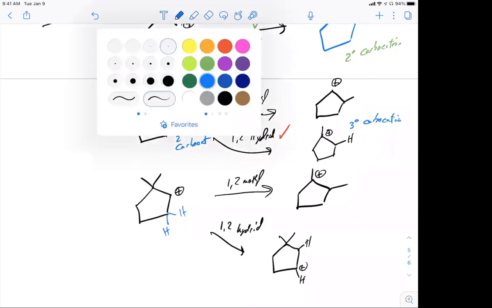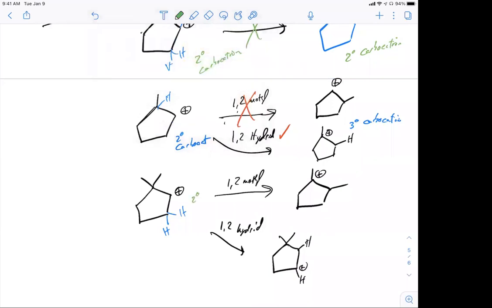Here we're going from a secondary to a tertiary. And here, right, we're going from a secondary to a secondary. So I wouldn't predict the 1,2 hydride shift to occur,